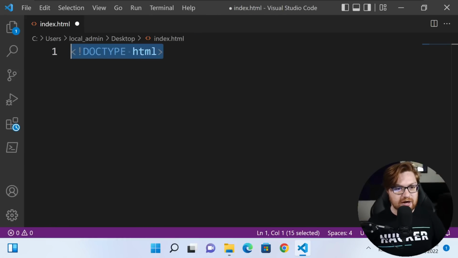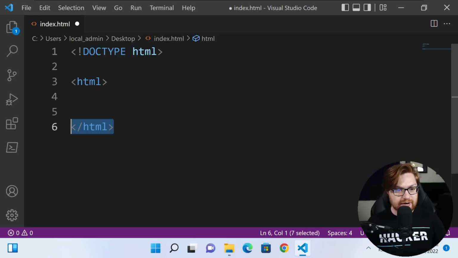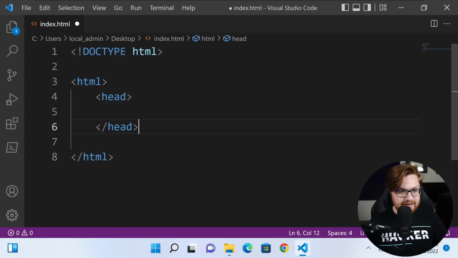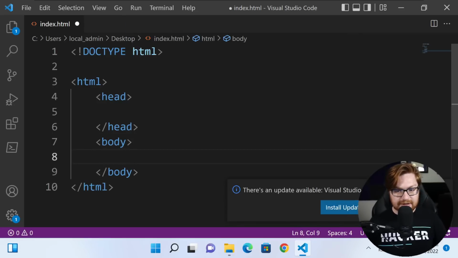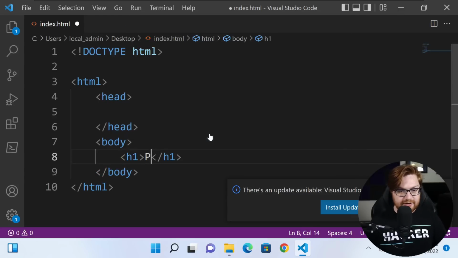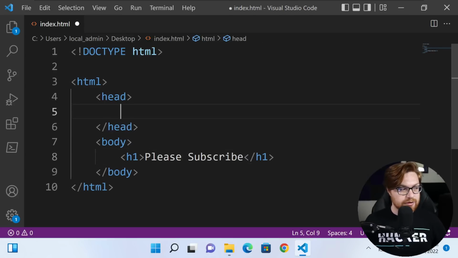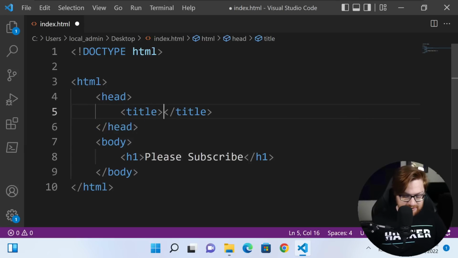We'll start off with a doctype, which is good, necessary boilerplate for HTML code, and all HTML tags need to begin and end with their element tags, right? These less than, greater than arrows here, and then we need a head tag and a body tag. This, if you aren't familiar with HTML, is where everything really lives within your application. What I'm going to end up doing is simply creating a header to have some text to render onto the page,